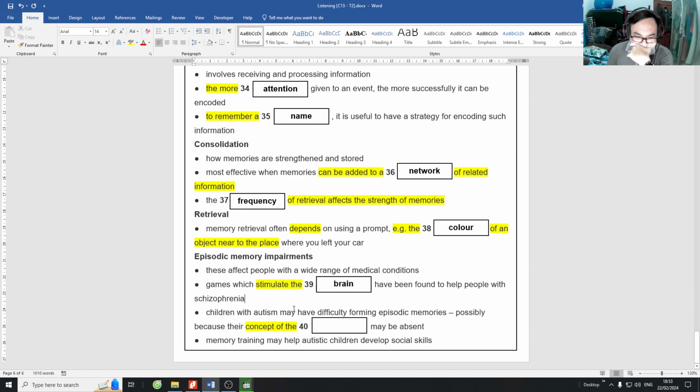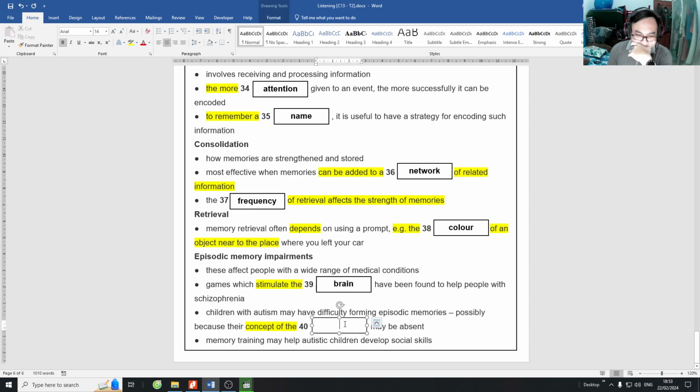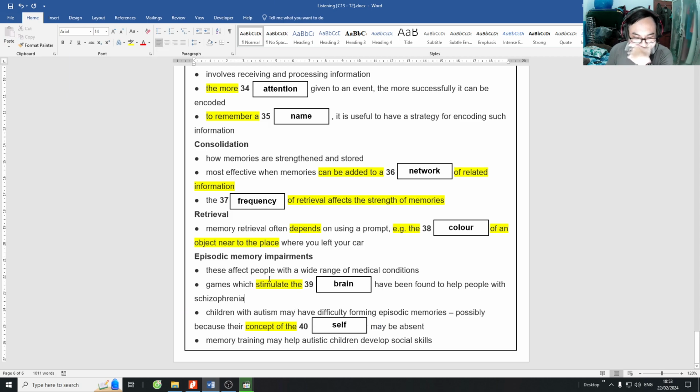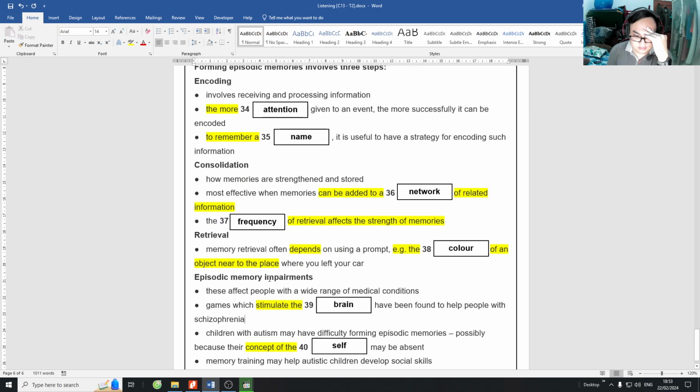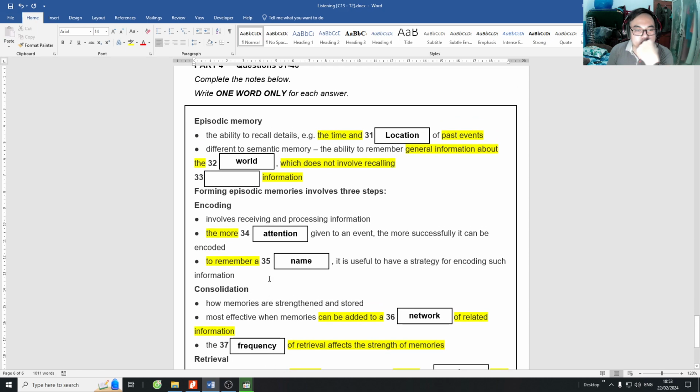This is essential for the storage of episodic memory and has been found to be impaired in children with autism. Research has shown that treatments that improve memory may also have a positive impact on children's social development. One study looked at